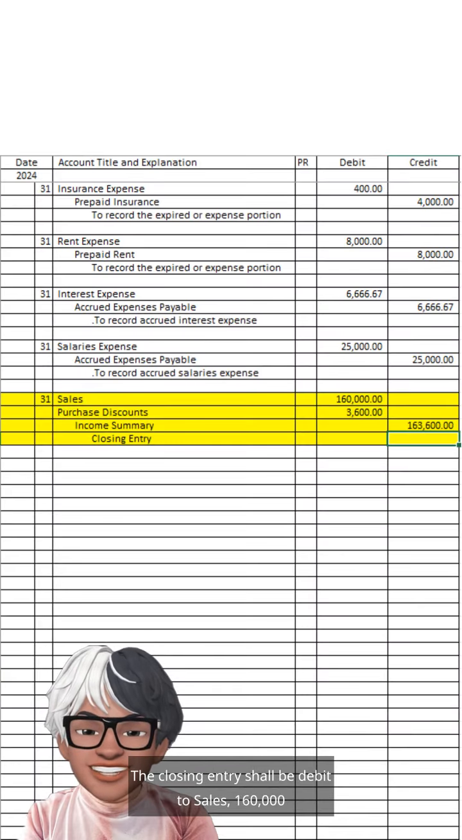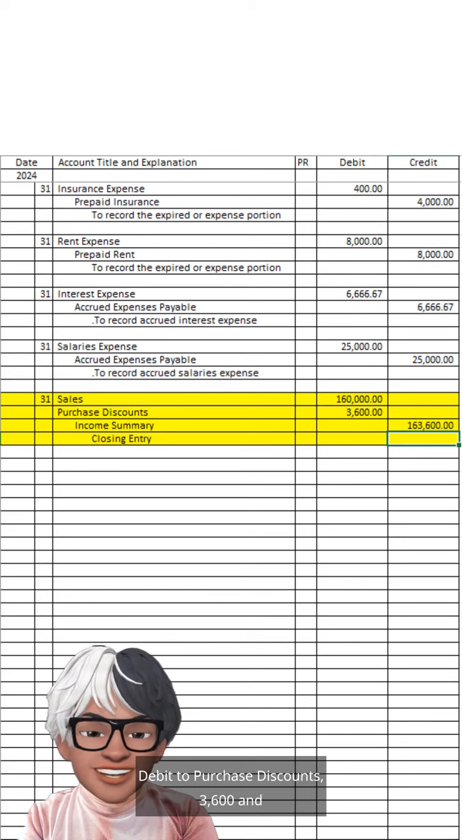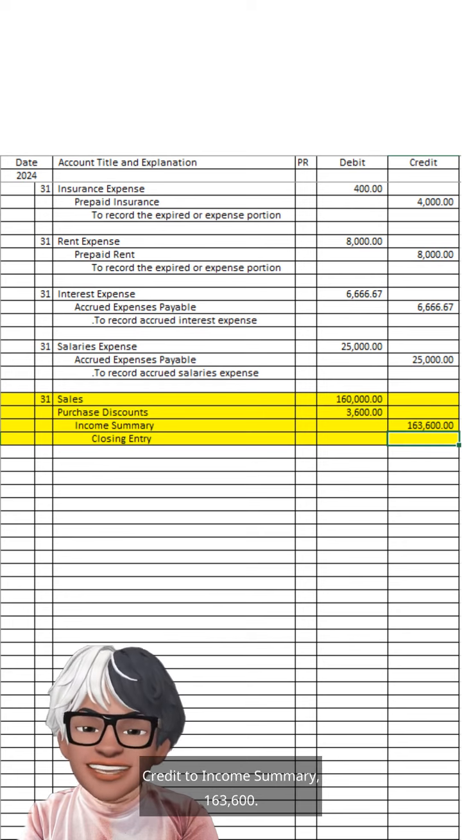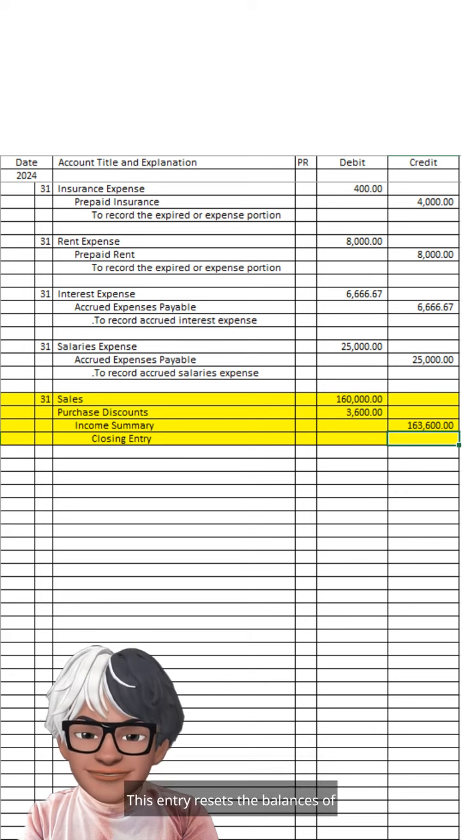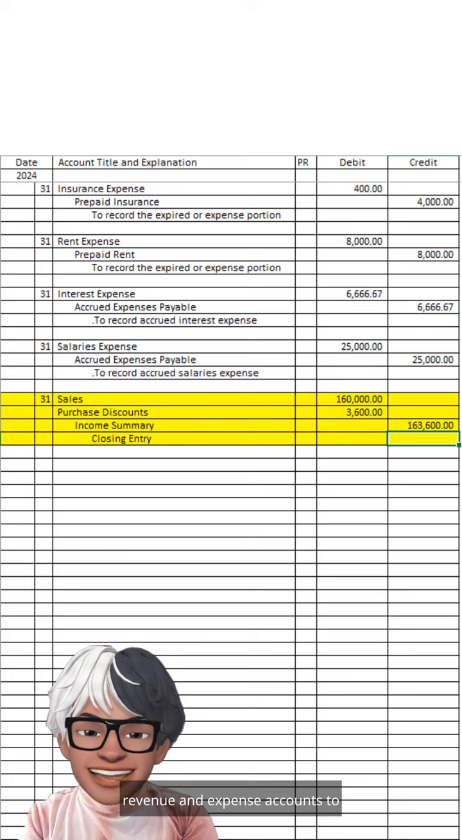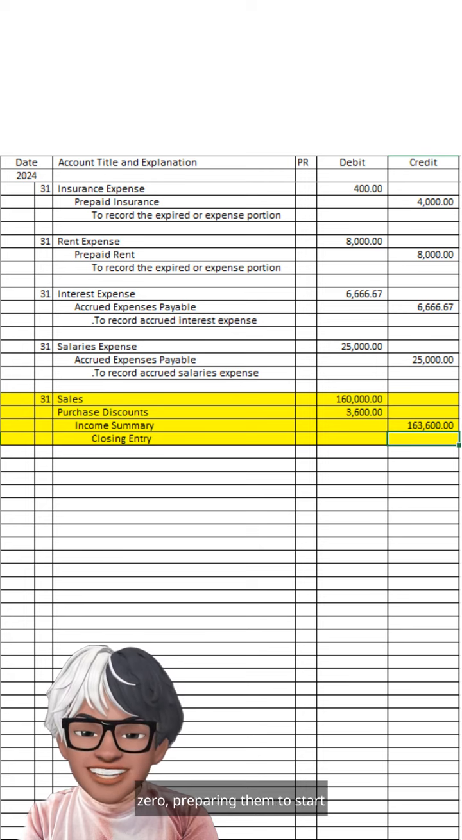The closing entry shall be debit to sales, 160,000, debit to purchase discounts, 3,600, and credit to income summary, 163,600. This entry resets the balances of revenue and expense accounts to zero, preparing them